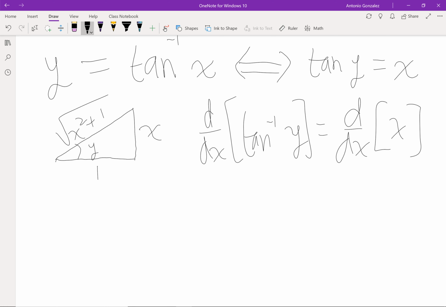Now, excuse me, not inverse, just tangent y. And again, recall we're using secant squared y, implicit differentiation, so times dy dx. And then here we get,